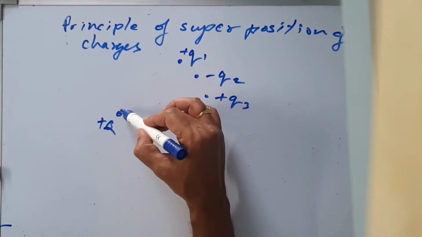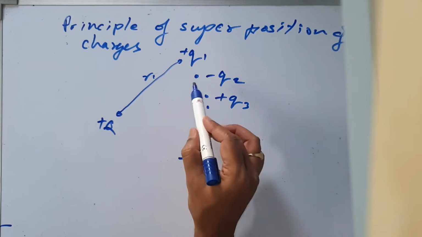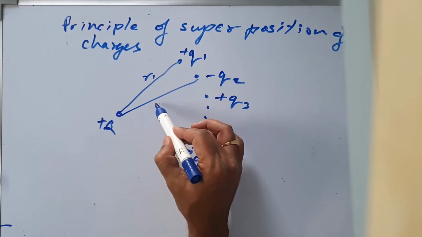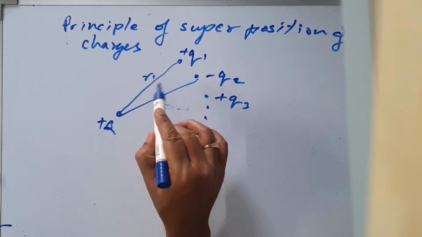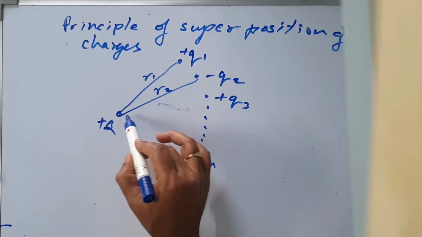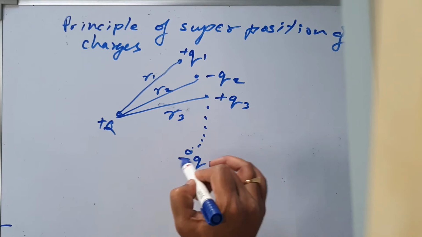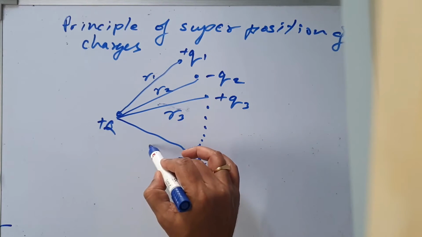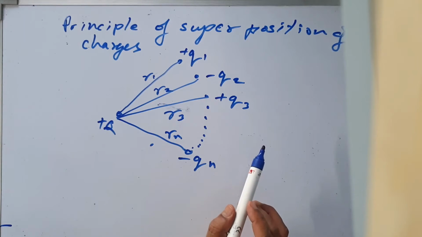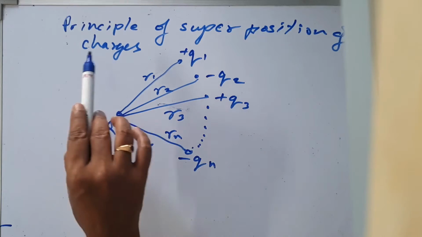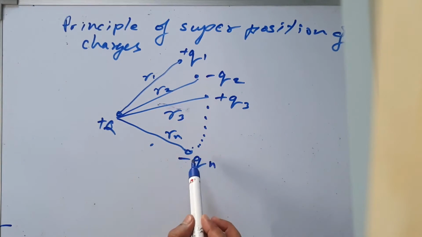The distance of q1 from q is r1. q2 from q is r2. This is r3. Like that you have a number of charges and the distance of qn is rn. Now, the principle of superposition of charges gives you the resultant force acting on charge q due to this entire system